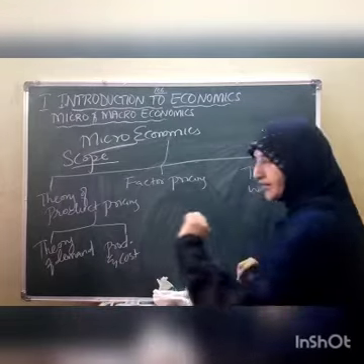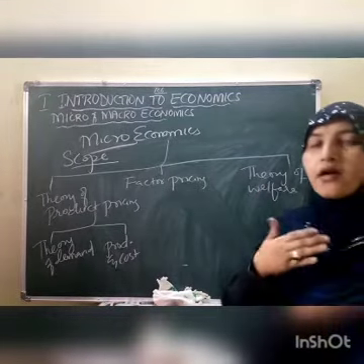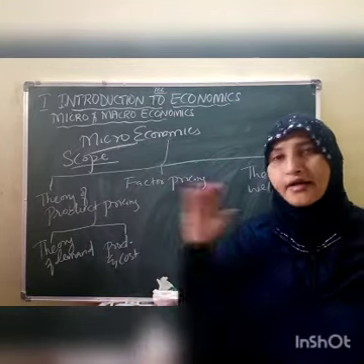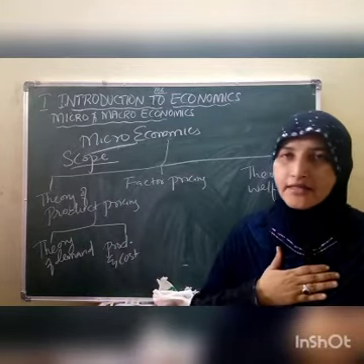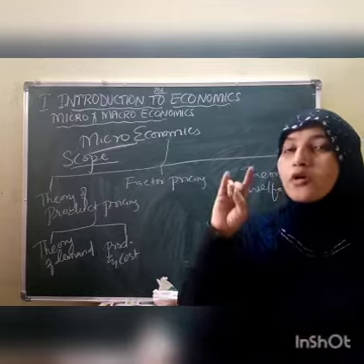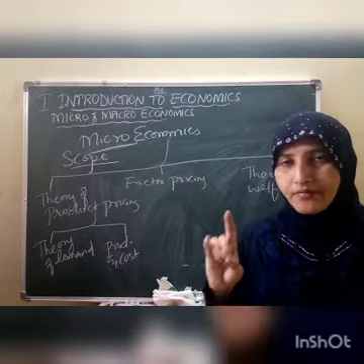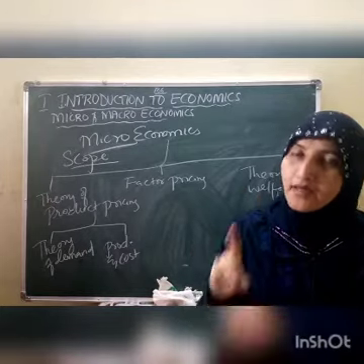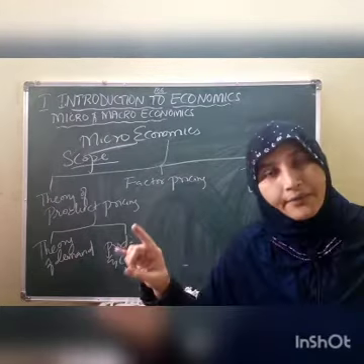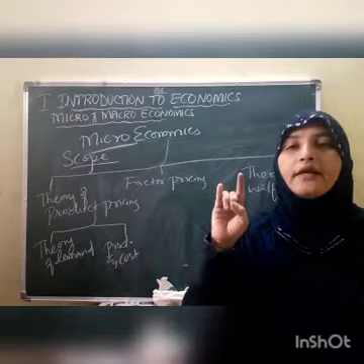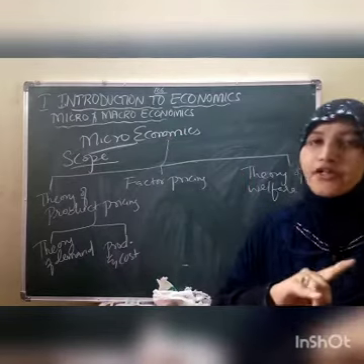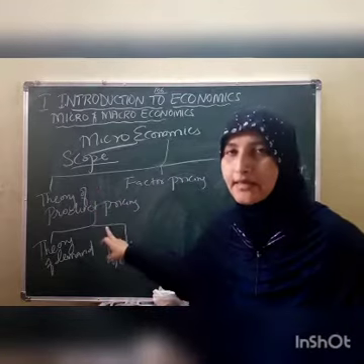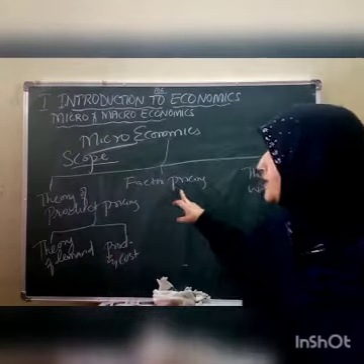That means, as I just said, children, however much money I spent on the production of one product, I should get at least that money by selling my product. So the price of any product depends on the demand for that product and also depends upon the cost of production. So this is the theory of product pricing.